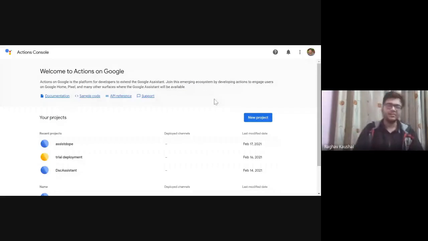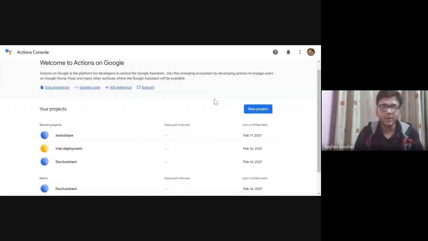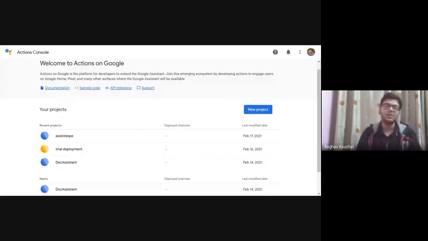We are going to build, like, Google Assistant consists of many actions within it. Even if you are saying, okay Google, tell me what's today's news, or whichever keyword you are using, that's a different action, and that is invoked by a different thing. Leaving that, I'll tell you that later. So you just have to open this link, and we'll start with a new project here.